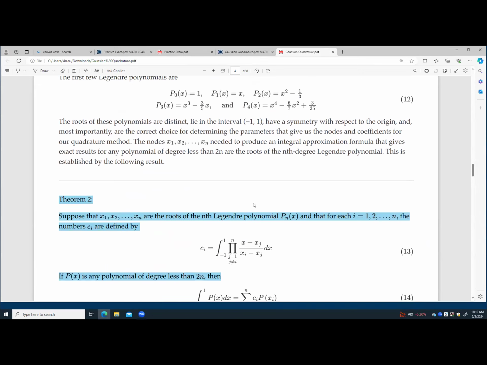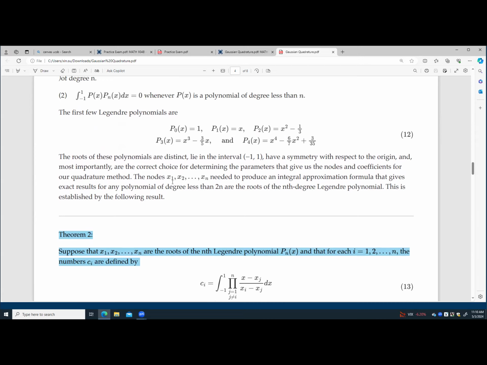And let me just copy down the P3(x) here for a moment. P3(x) equals x cubed minus 3/5 x. So I will give you some things here, the first few Legendre polynomials, in the cheat sheet. And let's go back to what we have on the